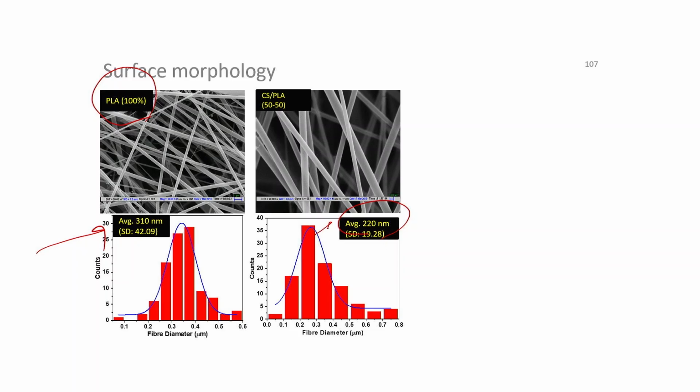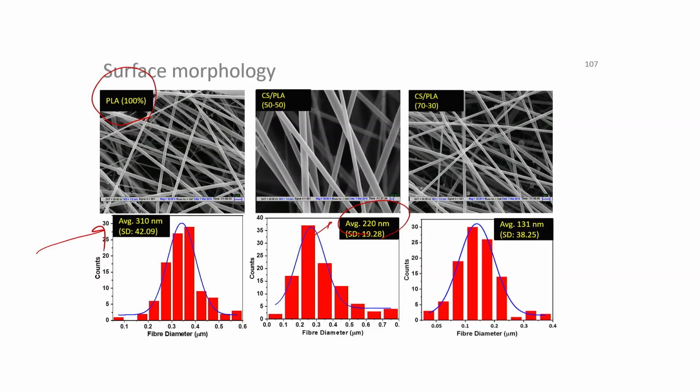Okay. This is the 220 nanometer, still a larger size. And the next sample which we have got is 70-30, and in 70-30 we could get a very fine fiber diameter of 131 nanometer. So, 70% chitosan and 30% PLA. And we could not spin the